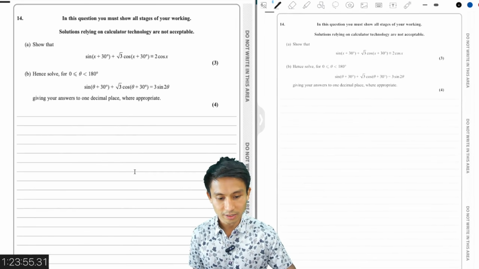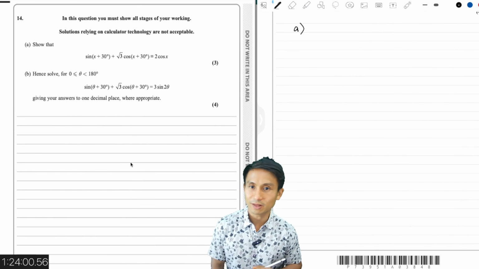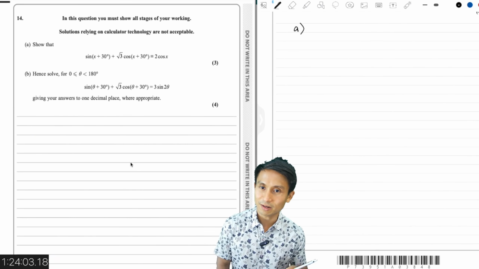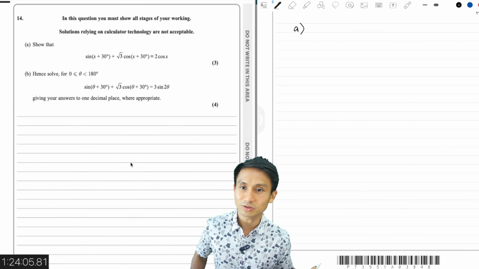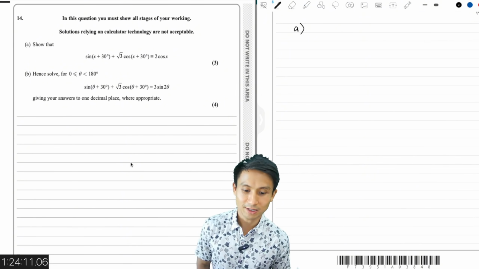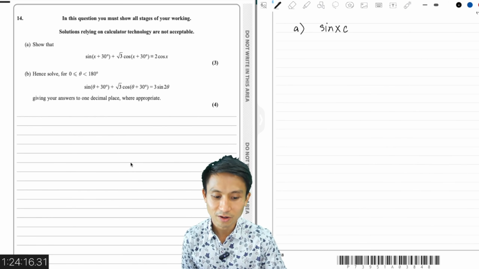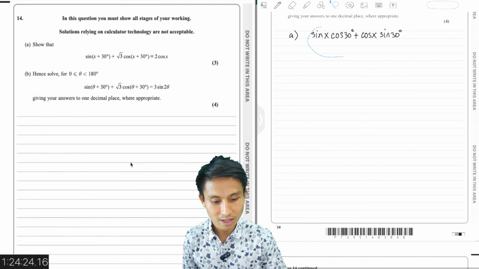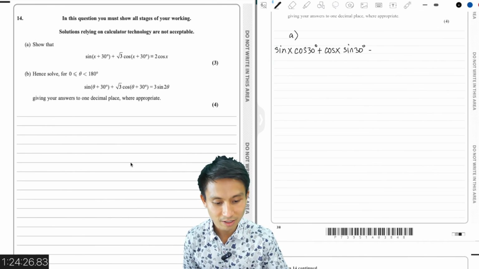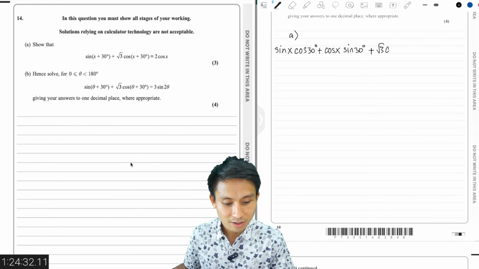Next one, number 14. A. Show that sine of that equals sine of that plus root 3 cos of that equals that. Well, by the looks, it feels like we need to use addition formulas here. Yeah, let's try that. So sin(A plus B) is sin A cos B plus cos A sin B. That's the first term, and I'm going to do that for the second term too, expanding everything in. So root 3, yeah. cos(A plus B) is cos A